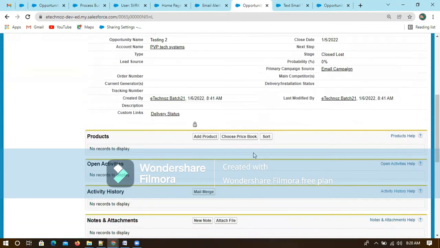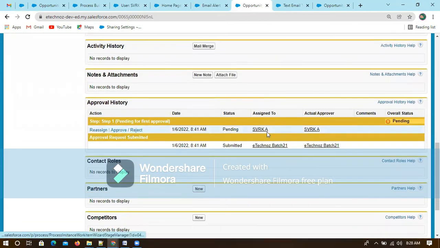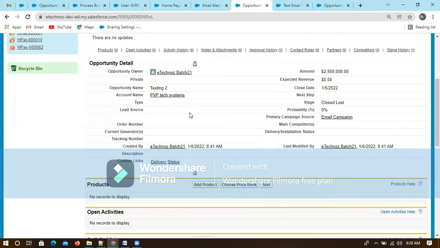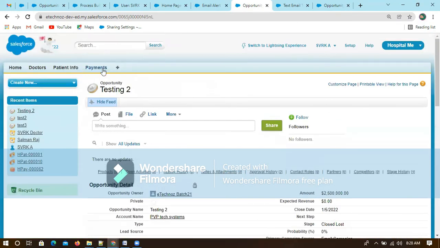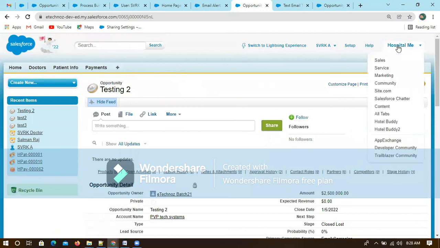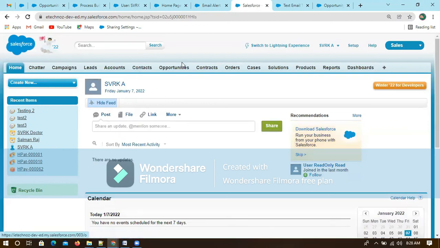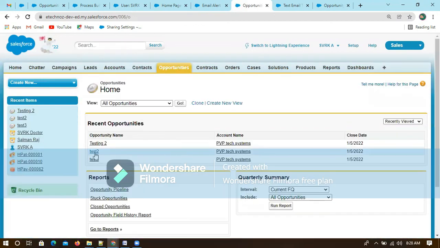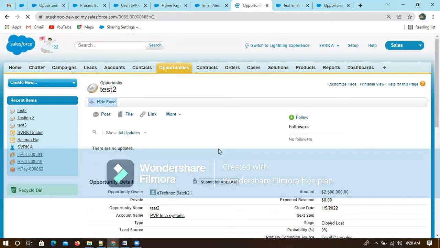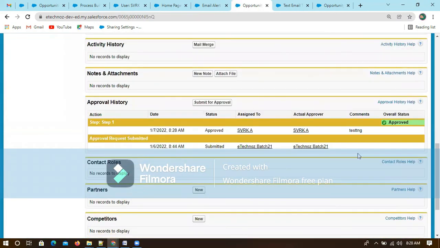You can't modify anything. Is it the same record? No, it is testing two. If you go to opportunities, it is test 2. Now you can see this is approved, right?